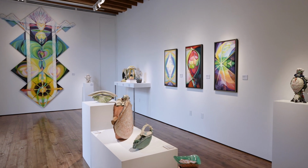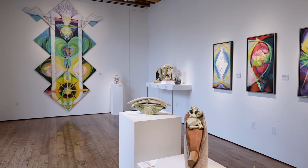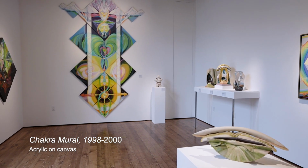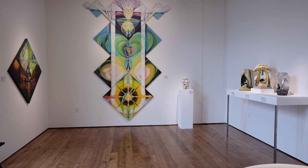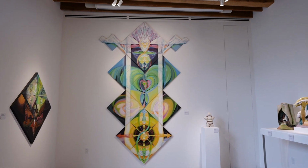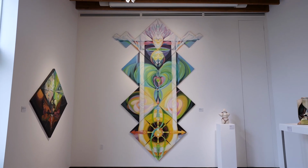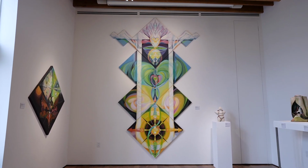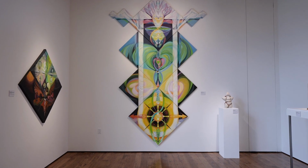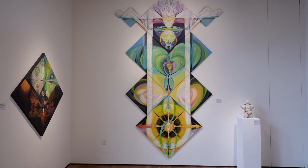The Chakra Mural was created after the Chakra Ladder as a larger modular piece that Andrée wanted to expand the ideas that she was working out in the Chakra Ladder into a piece that would become much more immersive for her audience, and to showcase the magnitude of her meditation experiences and yoga experiences, which she called very transcendental, a way for her to connect to soul and spirit through the practice of meditation and yoga. In this way, this piece is in parallel alignment with the Transcendentalist painting group,